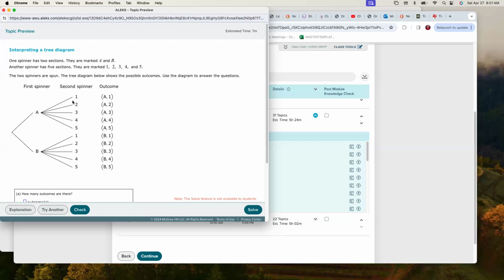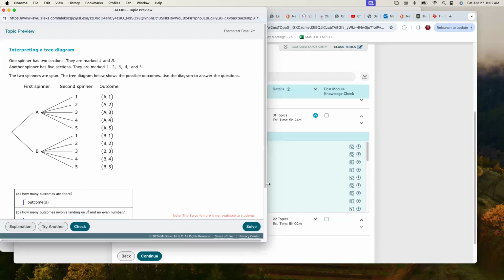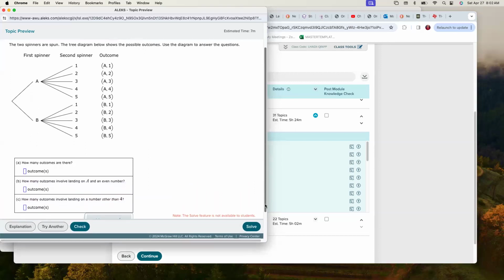Okay, so what we're really doing here is counting all the possibilities when we spin the first spinner and the second spinner. So one of the outcomes would be, well, the first one lands A and the second one lands 1. First one lands A, the second one lands 2. And you get the idea here without going through all of those. And so therefore, I can count up the number of all possible events that can occur when I spin that spinner. So you'll be asked some questions kind of like this,